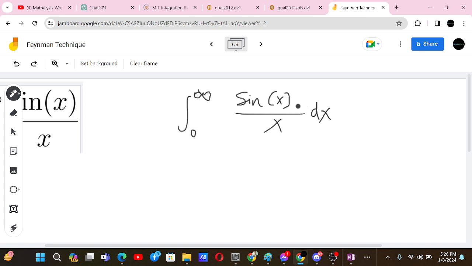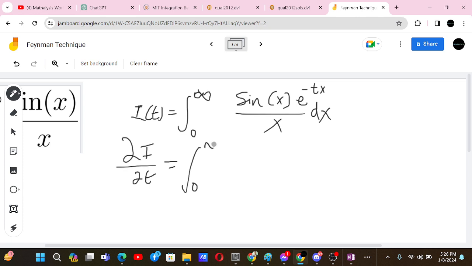There is also another way where we can introduce e to the power minus tx. This way also it works and it will be helpful. So this is what we are going to do in this problem, and let's see how it's helpful. So let I of t be this integral. Now if we differentiate,